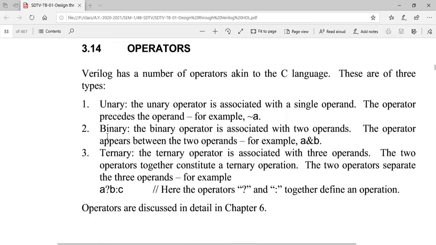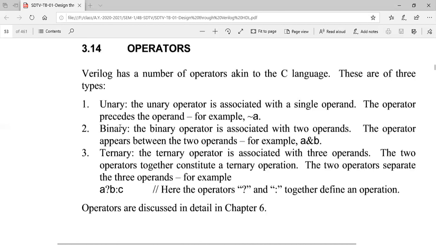Okay, we have different types of operators: unary operators, binary, and ternary operators also. Unary operator means we will be having a single operand. The unary operator is associated with a single operand. Generally we will be using it for not of A. A is having some value, and we are using the symbol for negating that value.